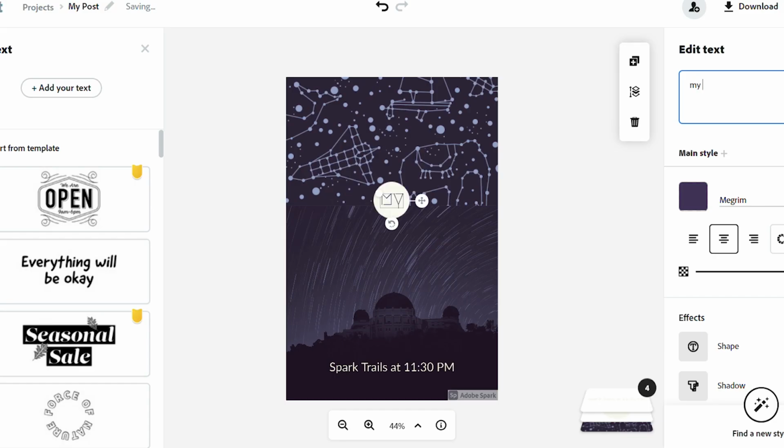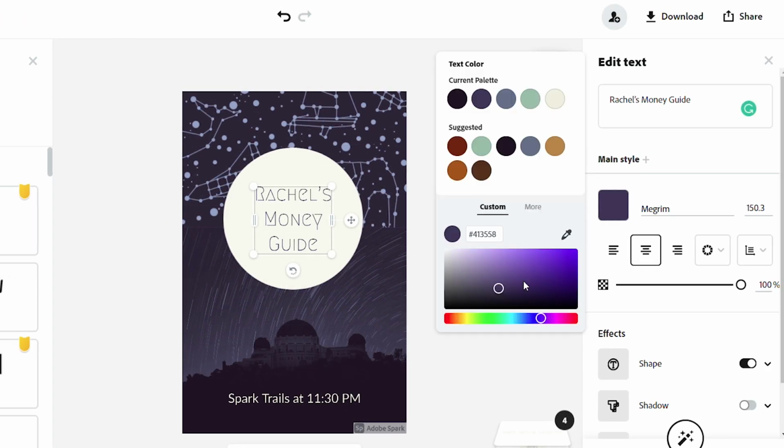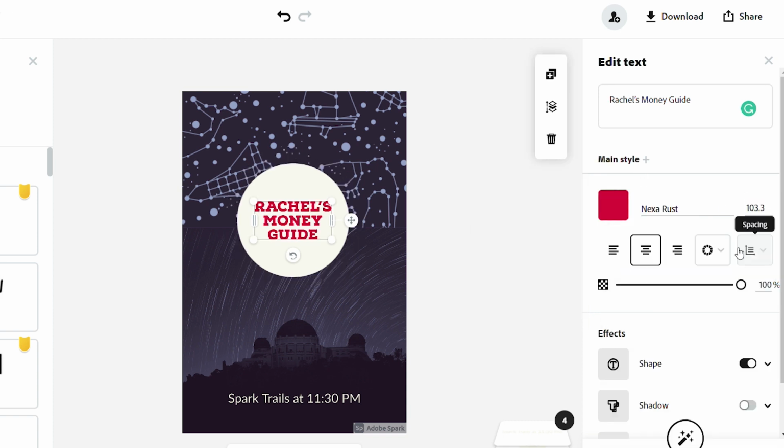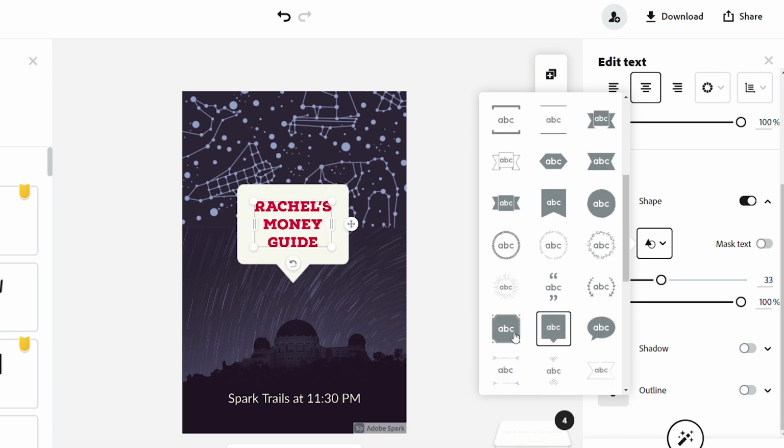Then just double-click the text and fill it up with whatever you want, and click Done. Your image will now change. On the right-hand side, you can change or adjust the colors, fonts, and sizes. Everything is customizable so that you can also use various shapes, shadows, animations, and other effects.